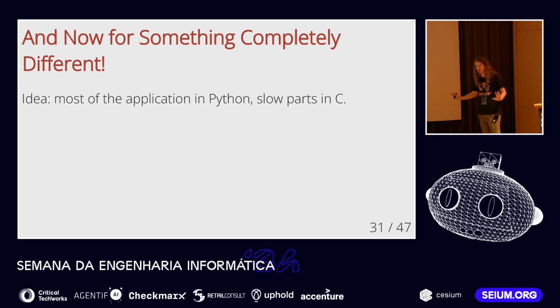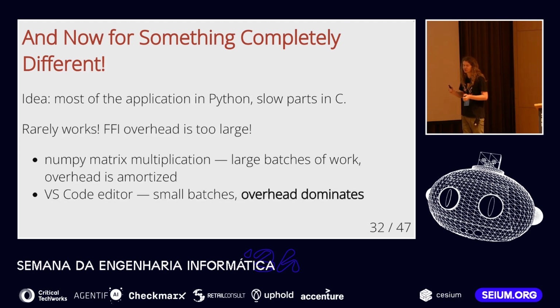Because you could write your big application in Python, prototype it, and then after your application is more or less ready, you profile it, and you find the 10% of the code which is actually slow. And then you rewrite those 10 percent in Rust or in C or in Zig, and then your application as a whole becomes super fast, but it's still written mostly in Python. So an important thing to realize is that this idea doesn't actually work all the time. There are cases where it is applicable, but more often than not, this isn't how the world works.